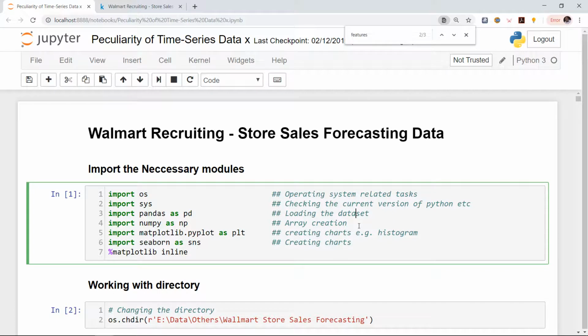NumPy is for creating arrays and also doing mathematical calculations, like conversion. If you want to do a log transformation of your data, it is quite useful. Matplotlib and Seaborn are basically for creating charts. And we have added percent matplotlib inline. This is to allow Python to display the chart within